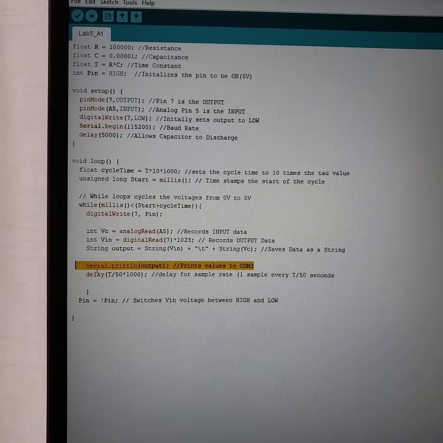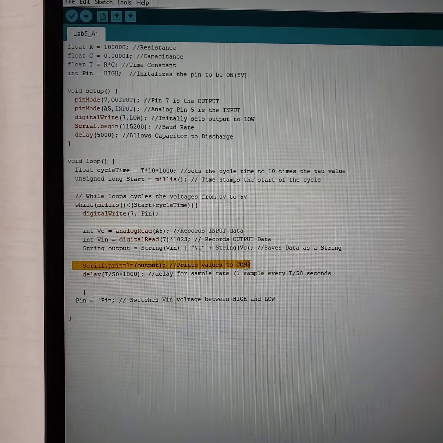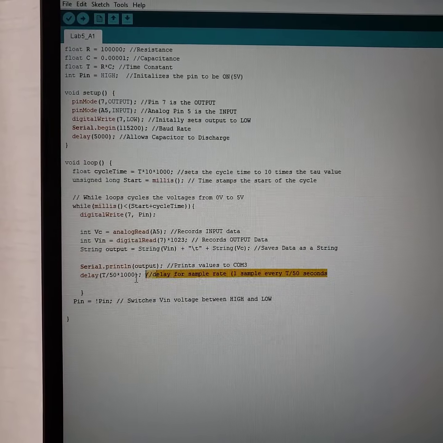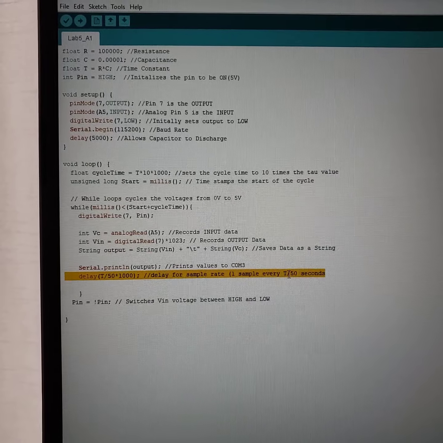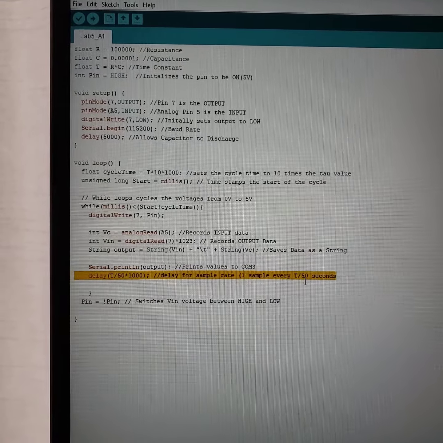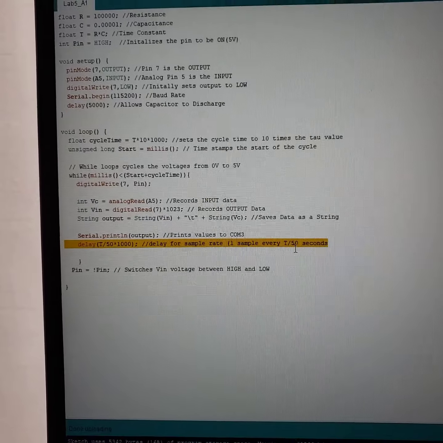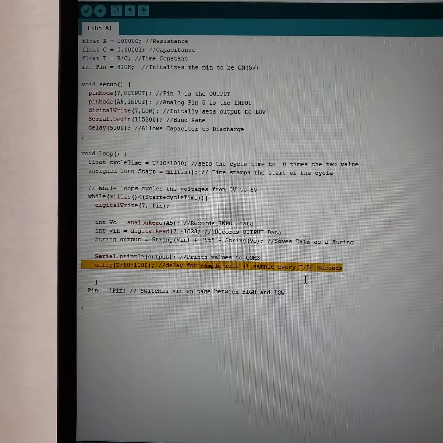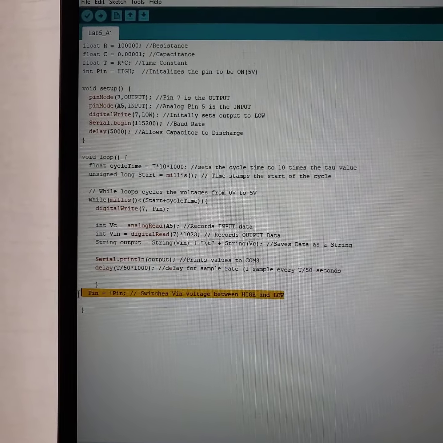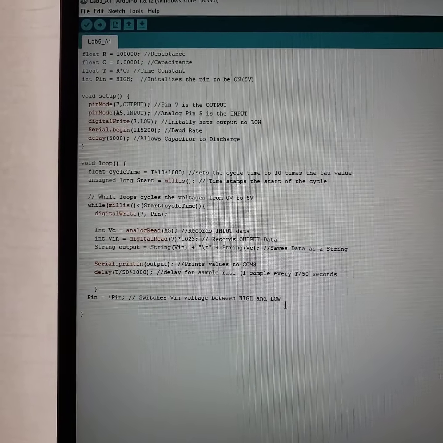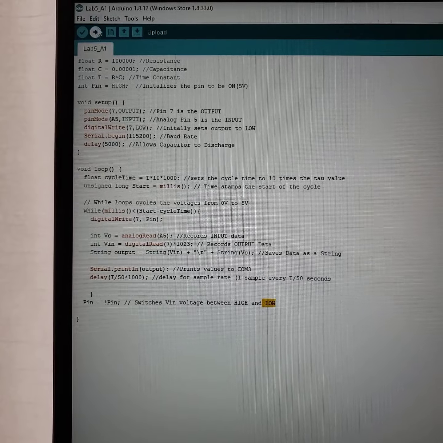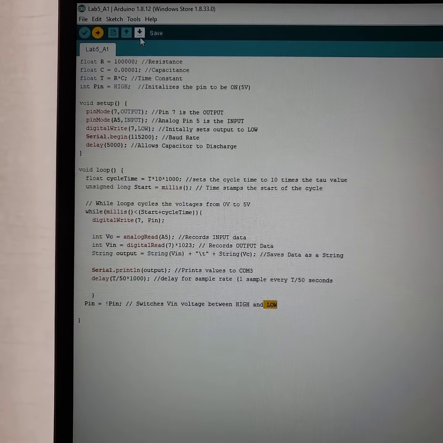Here, it prints the output of the data to the serial monitor and sets a sampling rate of tau divided by 50. And below you see that I switch the VN values from high to low,